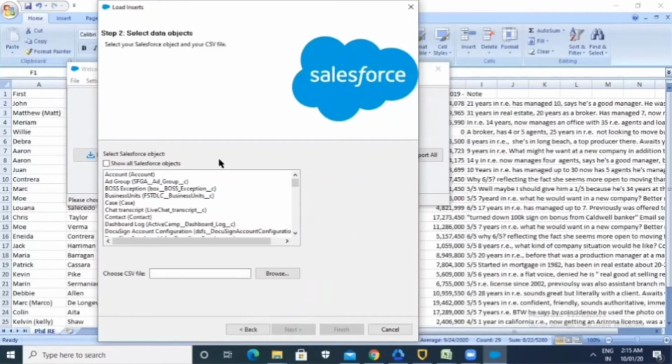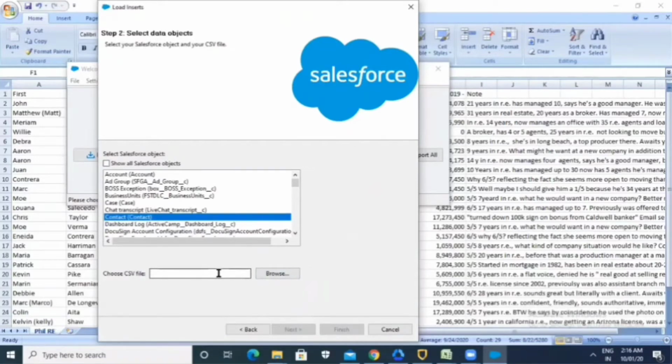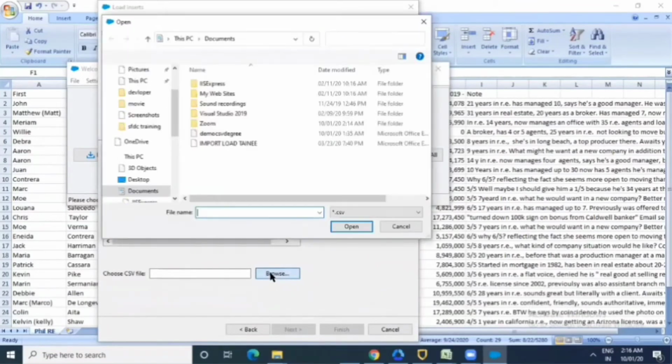So here are the objects, where we can choose any object where the data will go. I am choosing the Contact object. And here is the CSV file, which we can choose. We have to browse and choose the CSV file from our location.